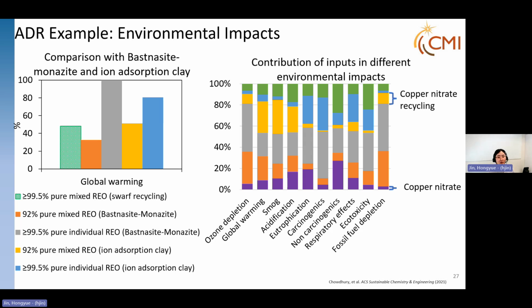By directly using them, it will be more sustainable compared to the conventional technology. And the right-hand side figure shows the contribution of each input and emission of the ADR technology on the different environmental impact categories, showing that copper nitrate and copper nitrate recycling processes are now reduced to have a relatively small impact